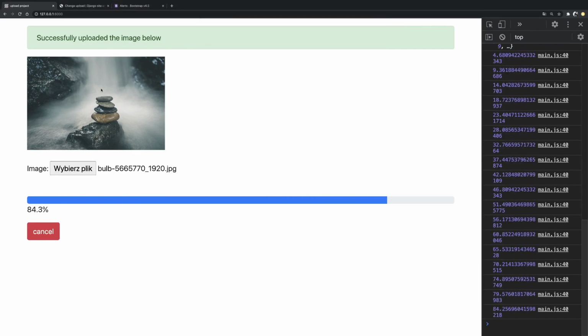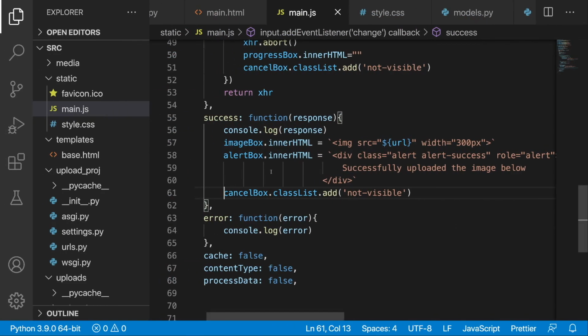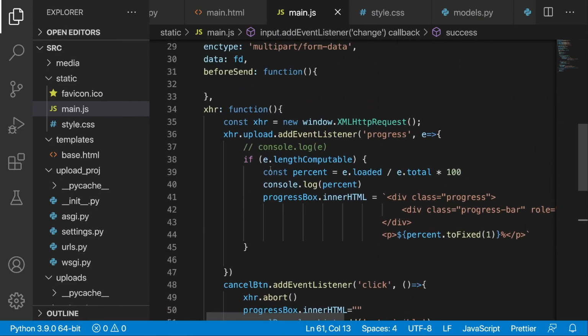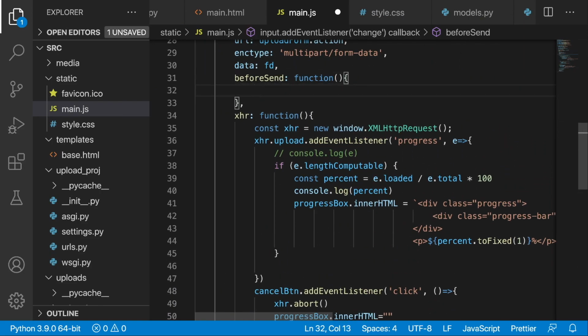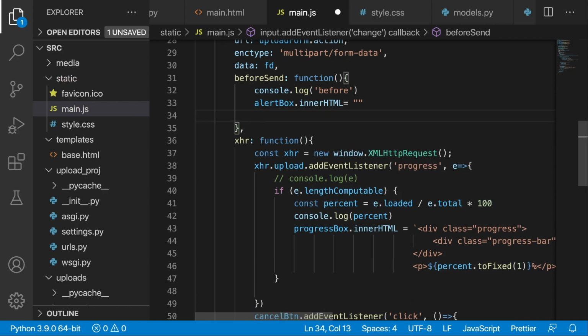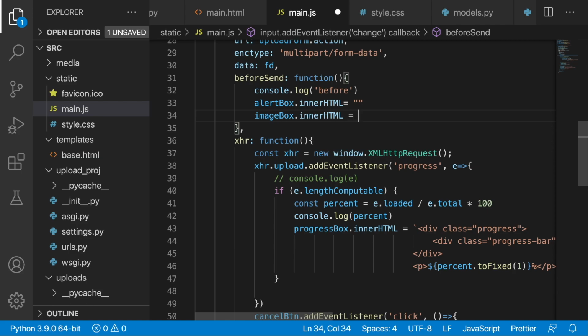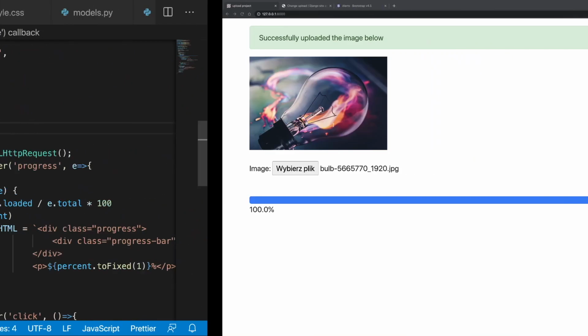So maybe we should make a reset, okay? So in order to do that, we need to go to before send, and here what we are going to do is to do the resets as mentioned before. First of all, maybe we can do a console log. I'm just going to put in before, and then I'm going to refer to the alert box inner HTML and set it to blank, and to the image box inner HTML and set it to blank as well. So right now, if I save this,